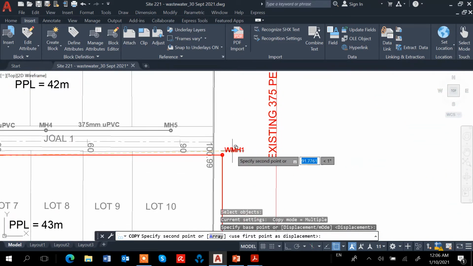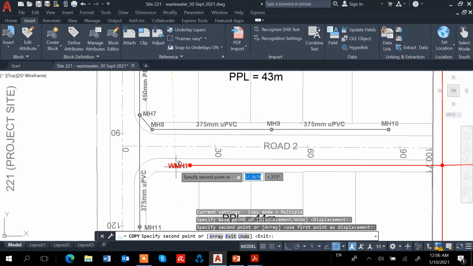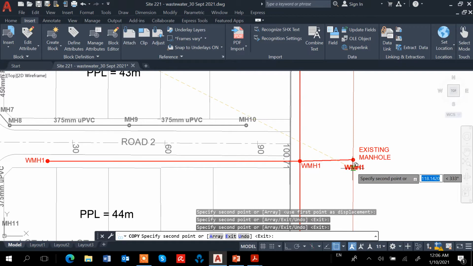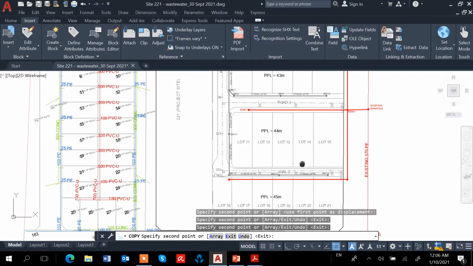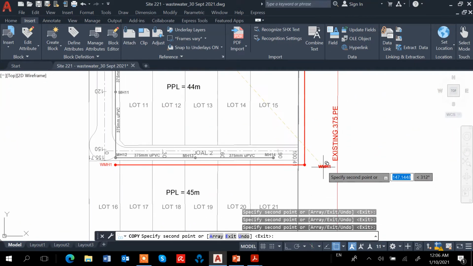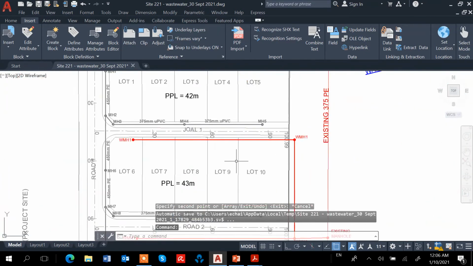Gonna put one here as well. Later on, I'll put the number in. This one, sorry, I'm going to change later on. Okay, so I think I'll just number them